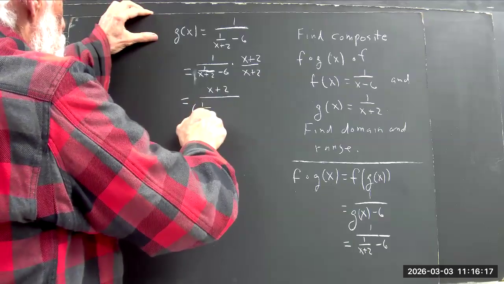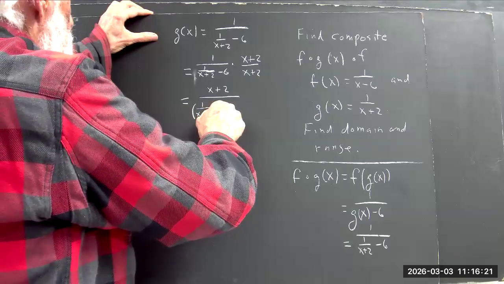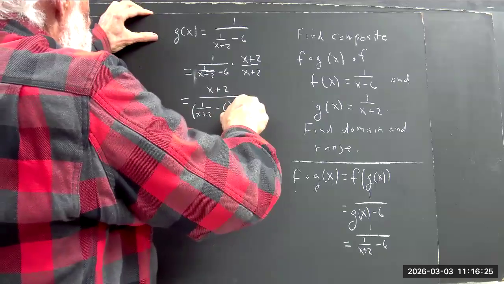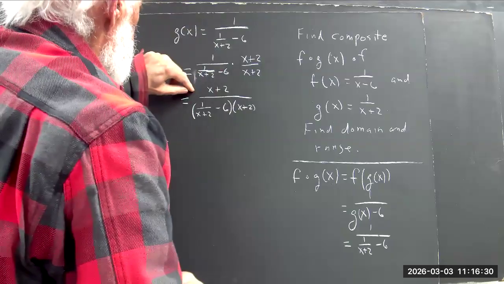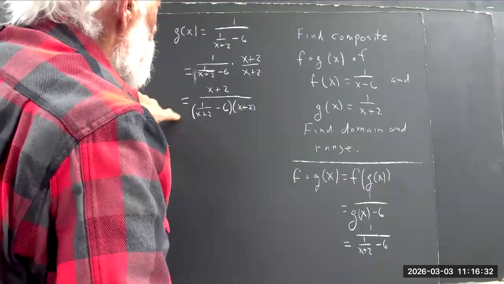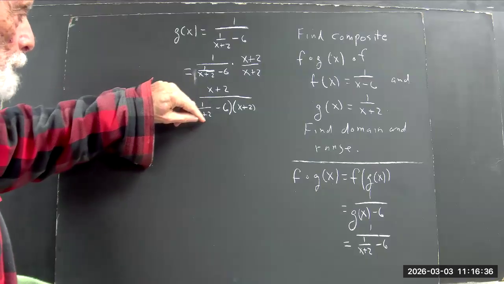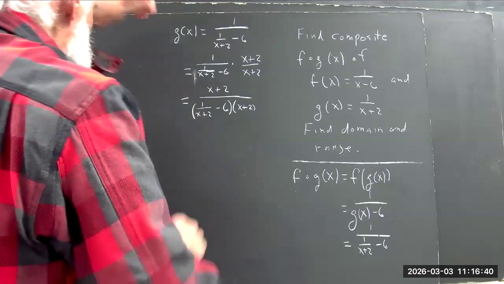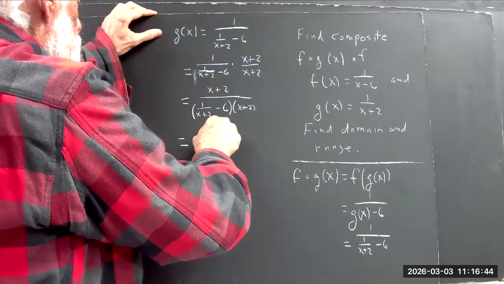Well, we can write that out: 1 over x plus 2 minus 6 multiplied by x plus 2. So numerator times numerator gives us x plus 2. Denominator times denominator gives us the quantity 1 over x plus 2 minus 6 multiplied by the quantity x plus 2. Using the distributive law, this gives us x plus 2